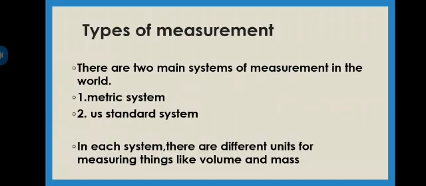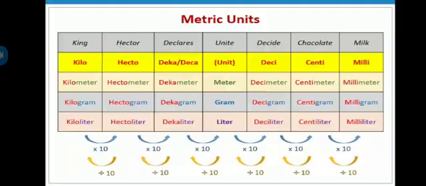So students, there are two main systems of measurement in the world. One is the metric system, another one is the US standard system. In each system, there are different units for measuring things like volume and mass. So students, this is the metric units for length, weight and capacity. So students, here you see that